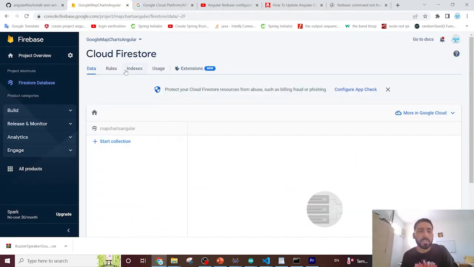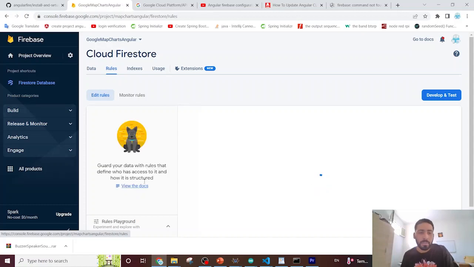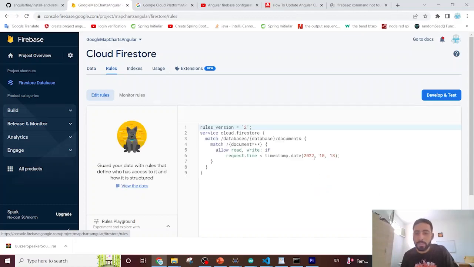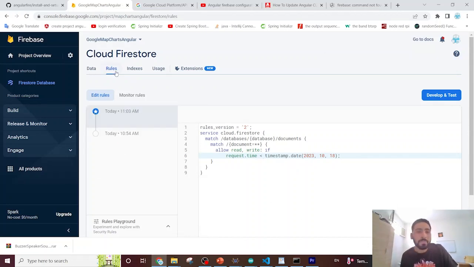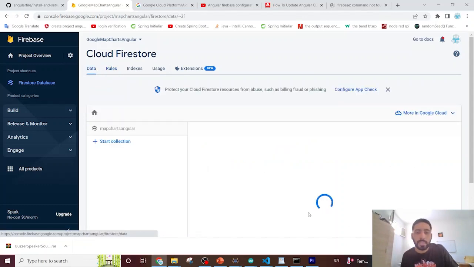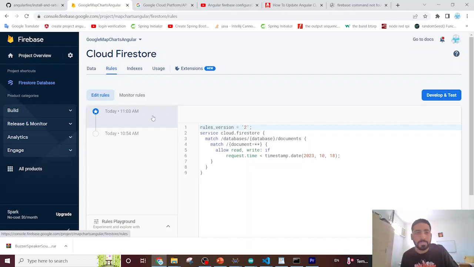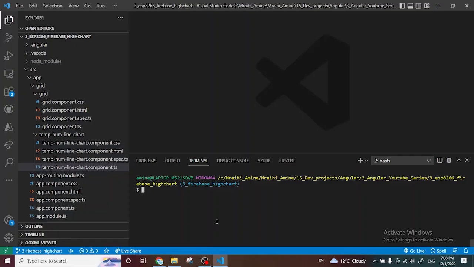And we can modify the rules here in order to extend the testing period. Here we can see 23, so that we won't have an issue with dates and expiration dates. Okay, I will click on publish, and you can use the data and this Firestore until next year. Okay. And now we have to add Firebase to our project, and in order to do that, we just